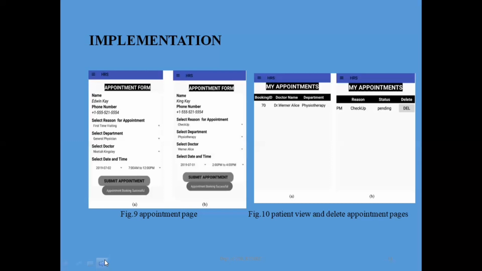Patients view their booked appointments in a table form, which is horizontally scrollable. The table consists of booking ID, doctor name, department, date, time, reason, status, amount, and a delete button. A patient can only delete his or her appointment if and only if the appointment status shows pending. When deletion is successful, a deleting of appointment successful message is shown, or else a deleting of appointment failed message is shown, as shown in Figure 10, which shows the patient's view and delete appointment page